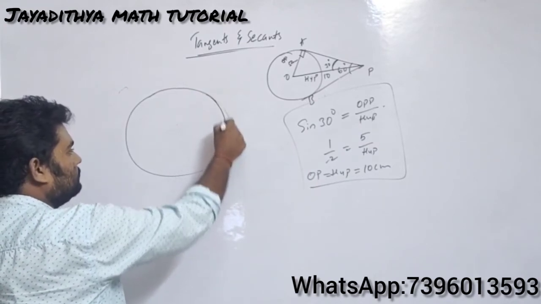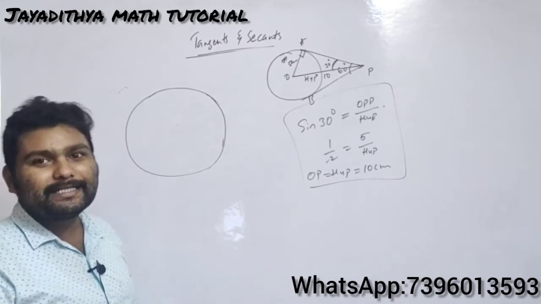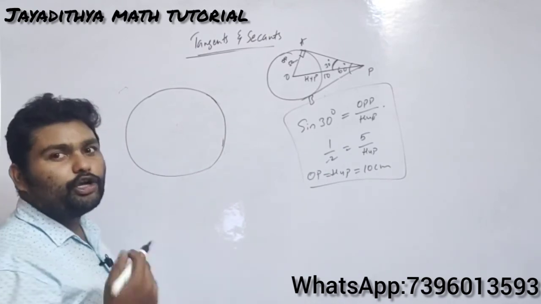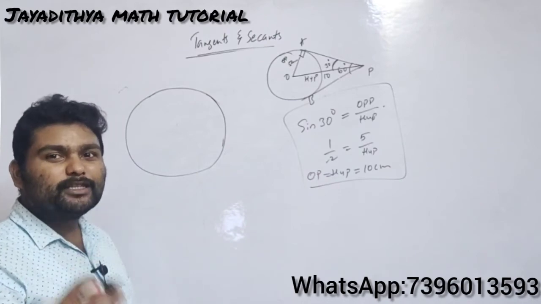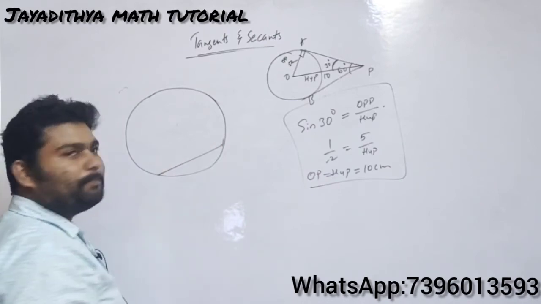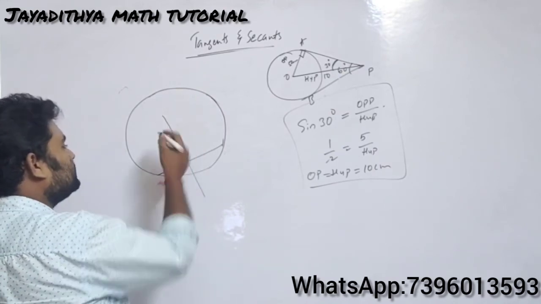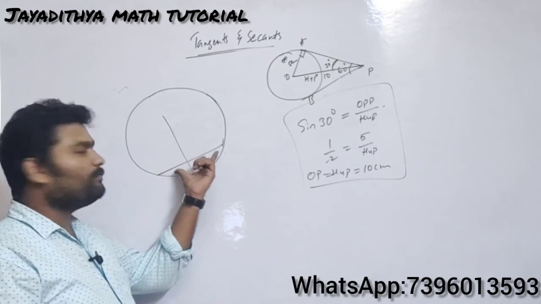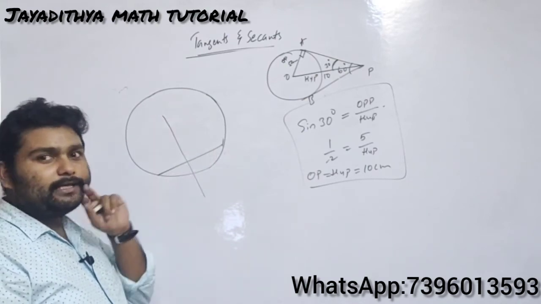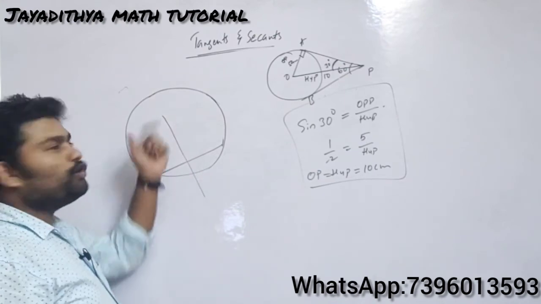So this is the circle, and you don't know its center. In order to find the center, you should have the concept of circles from your 9th standard. That is, when a perpendicular bisector of a chord is drawn, it passes through the center. That means the perpendicular bisector of this chord will pass through the center, so the center must be at some point on the line. But we don't know that exact point.